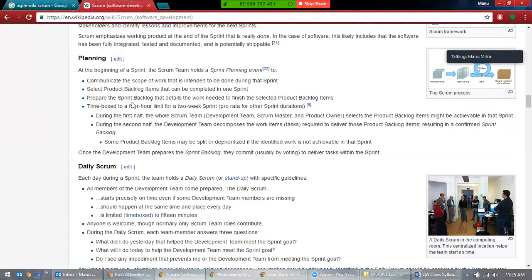The developer says no, it's not possible, because we need to coordinate with the other team, and this is not yet released. We need to check the code. We need to touch all the code in Java, check all the code in JavaScript, and also work on Ajax. A lot of work is there, so we cannot do it in 3 days. 3 days is not good. So then they fix it at 4. That's how brainstorming works in sprint planning. That's how they decide the time for development and testing.